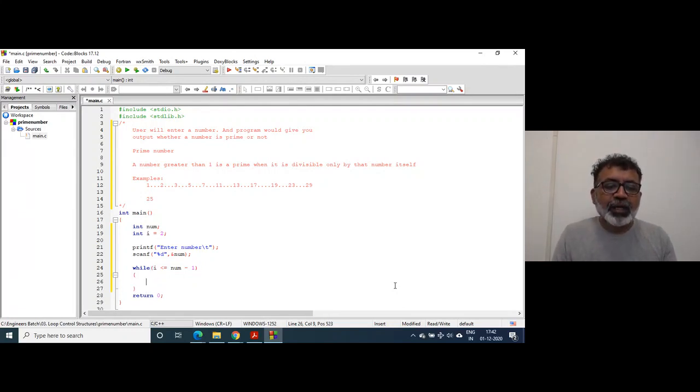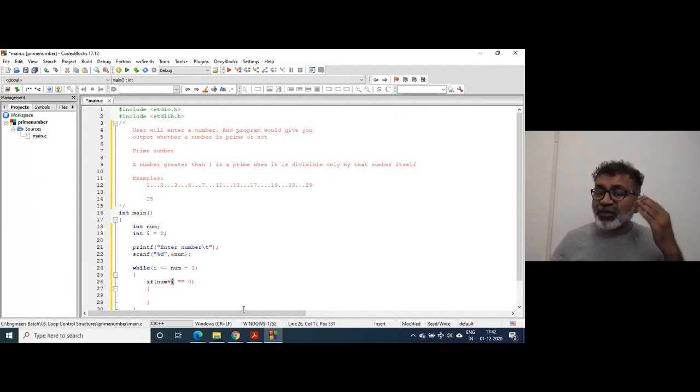I is given, and here I'll write the condition: if num mod i is 0. If any number is divisible by i, we are going to start dividing that number from 2 onwards, because I have initialized i to 2.